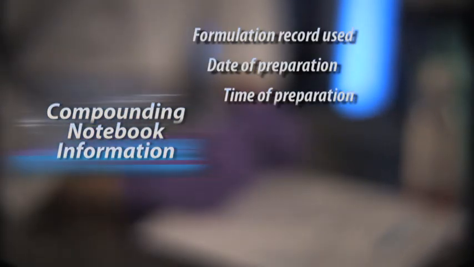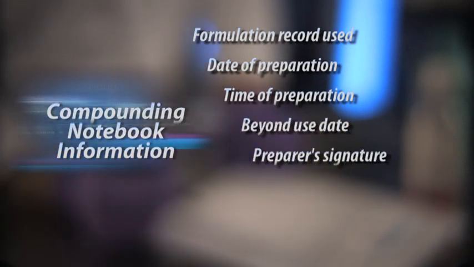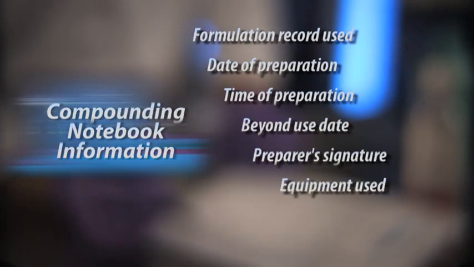Good and consistent record keeping is important in many aspects of pharmacy practice, not least in documenting and labeling preparations. A compounding notebook is used to document information about how a preparation is compounded, including which formulation record was used, date and time of preparation, calculated beyond use date, who made the preparation, what equipment was used, and any quality